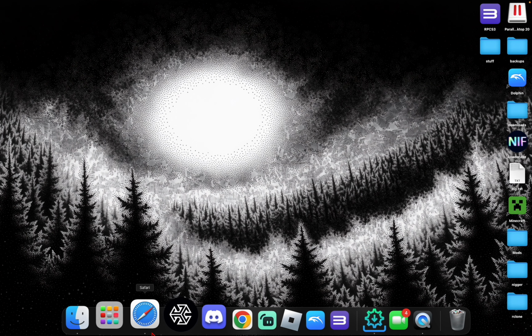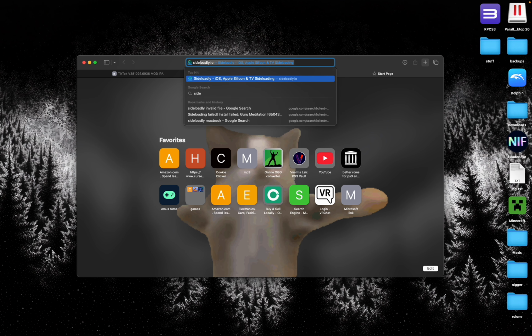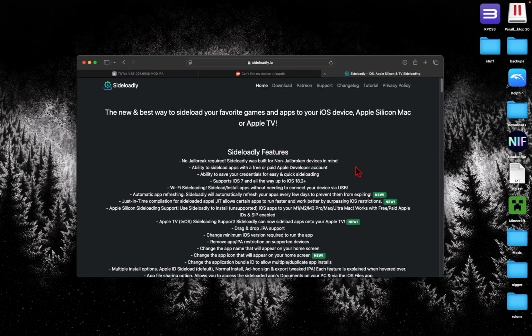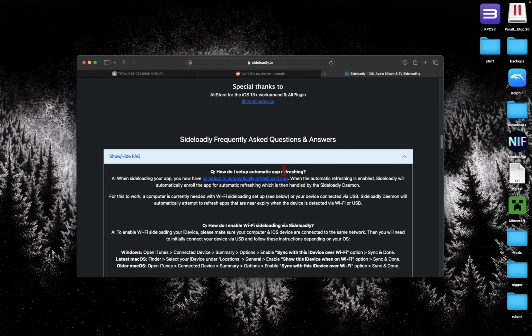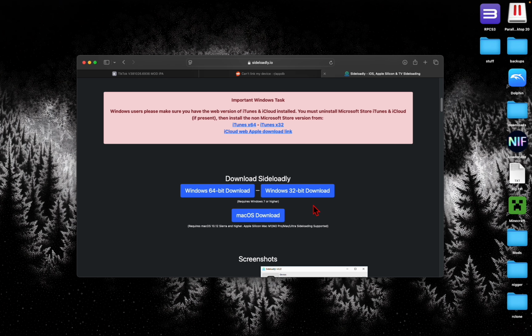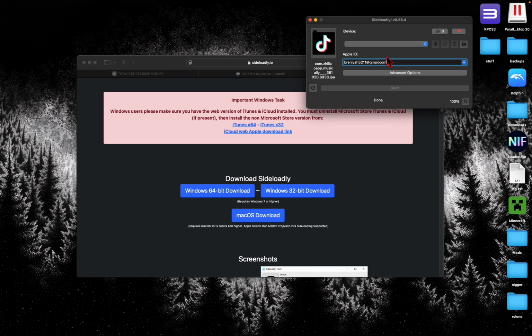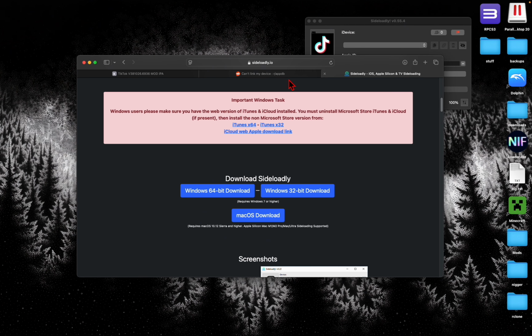So what you're gonna want to do is go to this website, sideloadly.io. I'm sorry if you don't have a computer, you know what I'm saying? So you scroll down, download Sideloadly, or you download macOS or Windows. Once you download the app, make sure you really open it and verify that you downloaded it. Make sure it opens. And then you want to take your ass over to